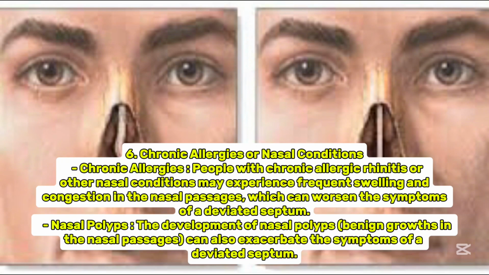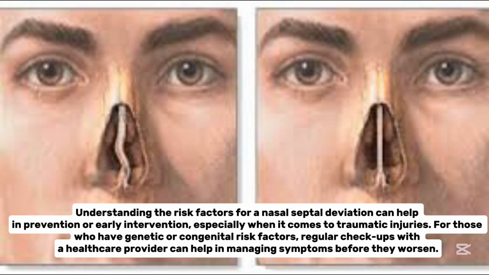6. Chronic allergies or nasal conditions. Chronic allergies. People with chronic allergic rhinitis or other nasal conditions may experience frequent swelling and congestion in the nasal passages, which can worsen the symptoms of a deviated septum. Nasal polyps. The development of nasal polyps, benign growths in the nasal passages, can also exacerbate the symptoms of a deviated septum. Understanding the risk factors for a nasal septal deviation can help in prevention or early intervention, especially when it comes to traumatic injuries. For those who have genetic or congenital risk factors, regular checkups with a healthcare provider can help in managing symptoms